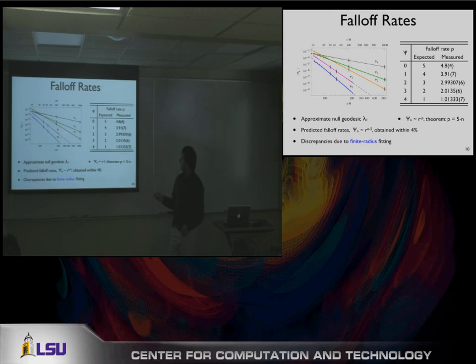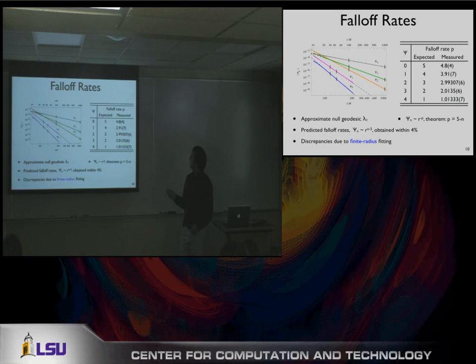But anyway, what conclusion do we draw? If we do this fitting, we can measure the fall-off rate. For each of the scalars, psi0 to psi4, this is the expected rate, 5, 4, 3, 2, 1, and this is what we measure. Within the error bars, so the error in the last digit is in parentheses here, for psi0, approximately